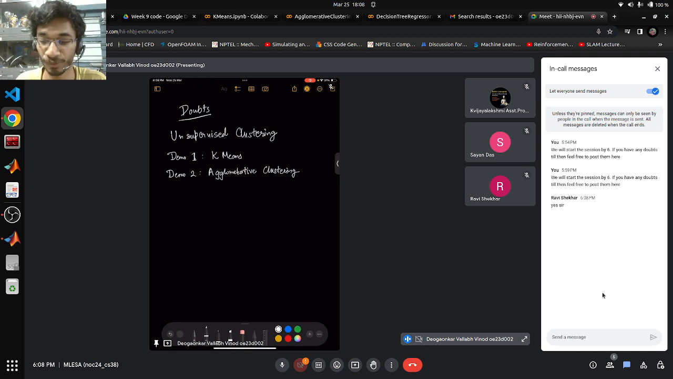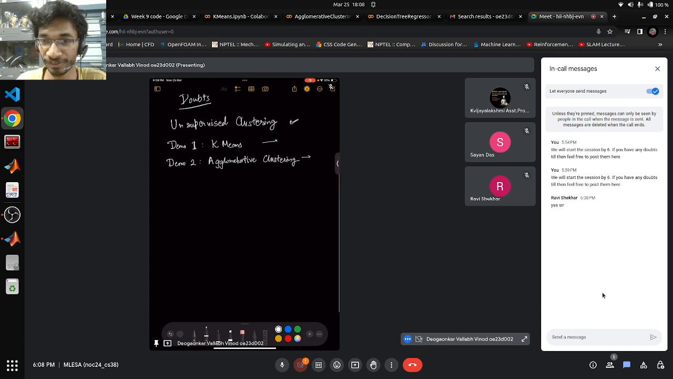So this is what I have planned for today. This week's content focused on the idea of unsupervised clustering, and there were two classes of algorithms discussed. One was the k-means algorithm, and the other was the agglomerative clustering algorithm. I wanted to show through a demo what the difference is between the two of them, for two different data sets. Before we go to the demo,